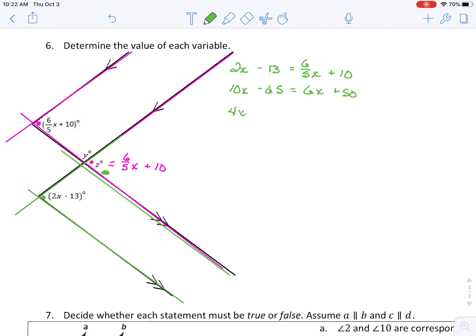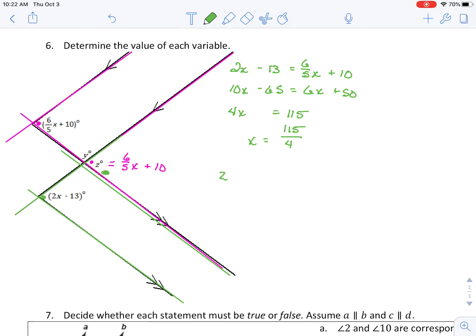I'm going to subtract my 6x. I'm going to add my 65. I'm not going to write a decimal because we don't do that. So in proper fraction, x is 115 over 4, which means we can find z now because we said z